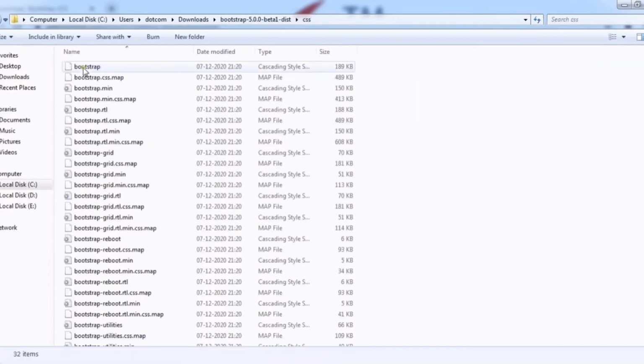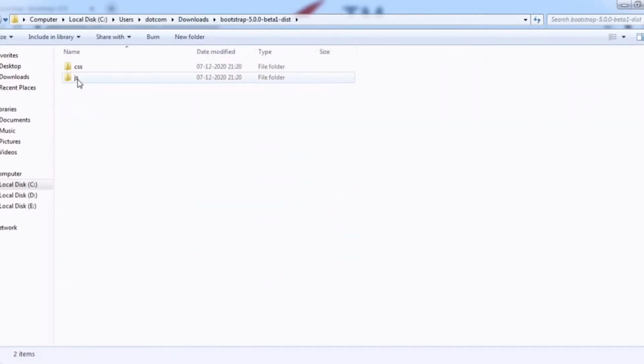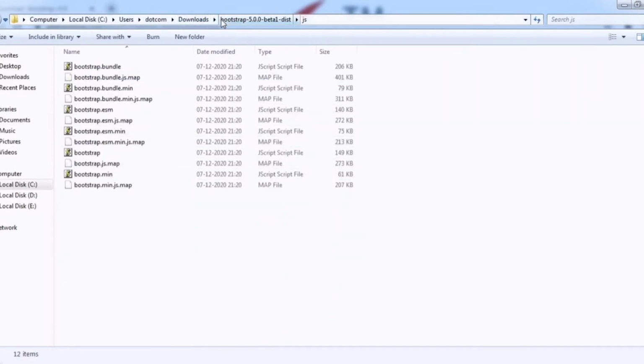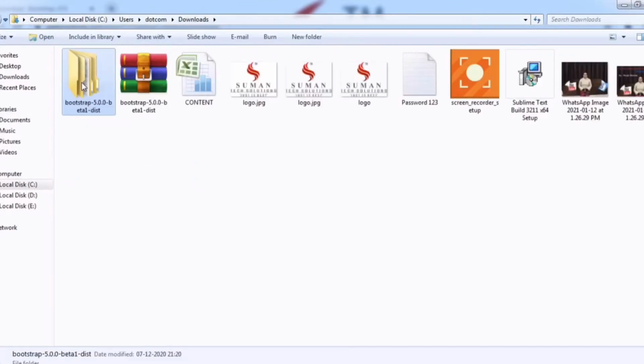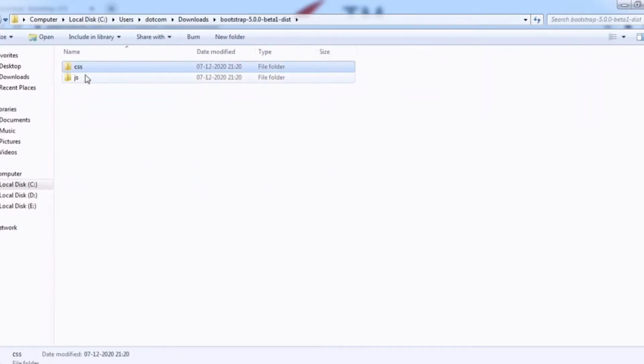So now we can see our JS folder and the other folders.